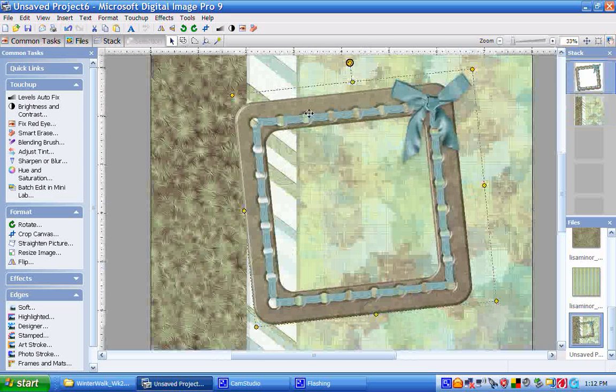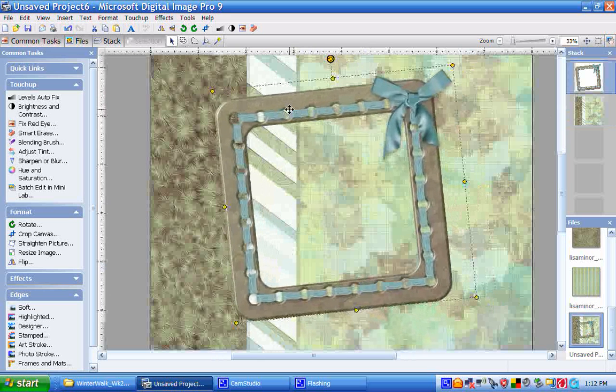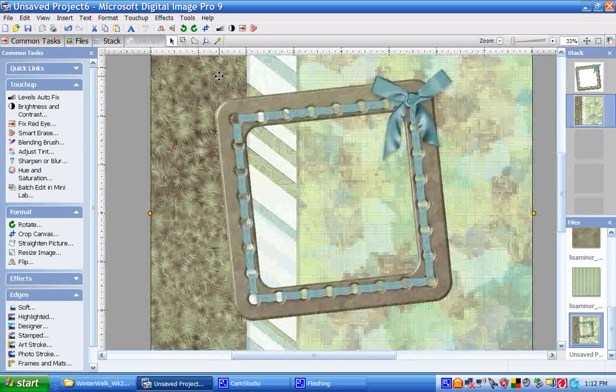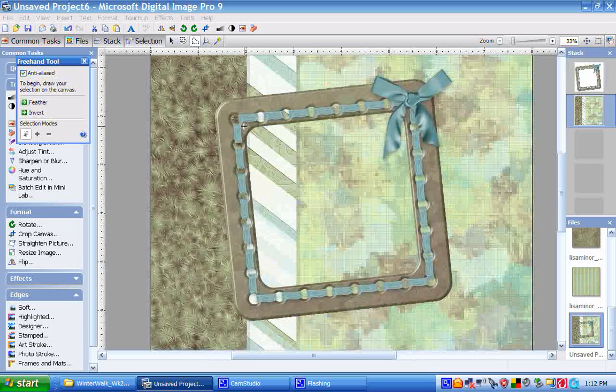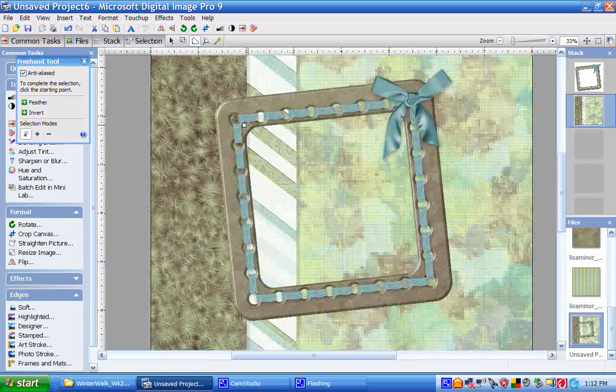This is not flattened to the paper. So we're going to place it where we want it, place it exactly where you want it, but then select the paper behind it. Don't select the frame itself because you'll cut the frame. So we're going to cut the paper behind it. We're going to select it. We're going to use our freehand tool,